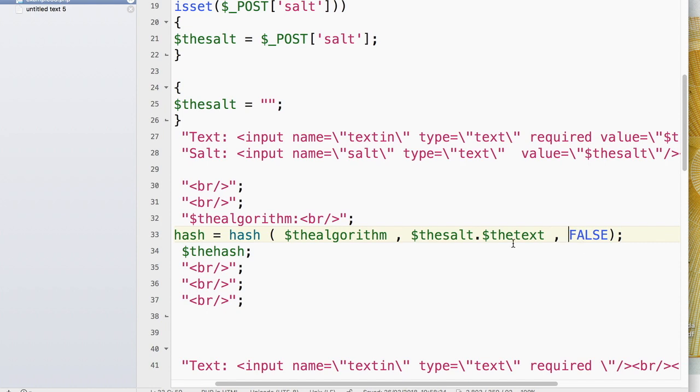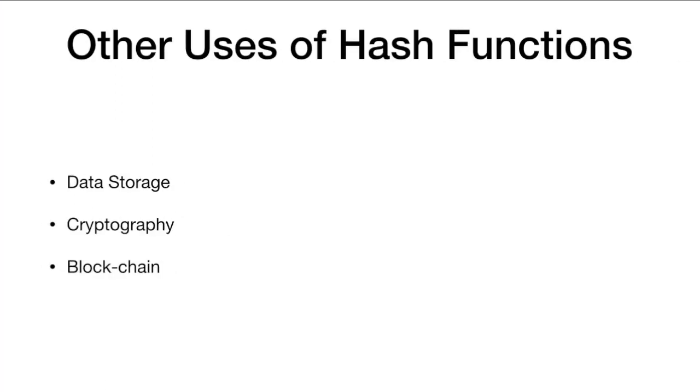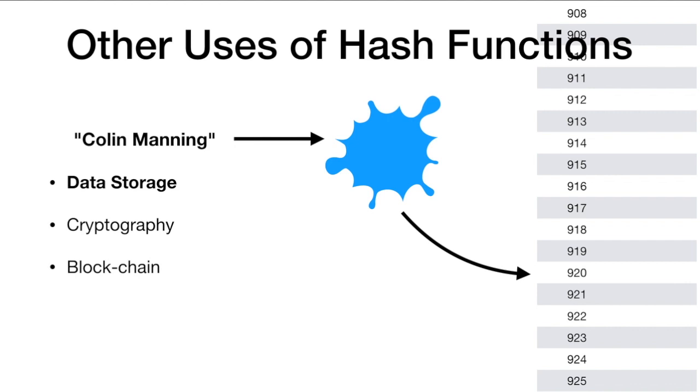Okay, so that's hash functions. We've used hash functions for a very specific reason here and in a very specific way, but actually they come up in other places too. And the first place that hash functions turned up really was in data storage. And there's a very clever thing you can do with hash functions. If you want to store information in a big array,